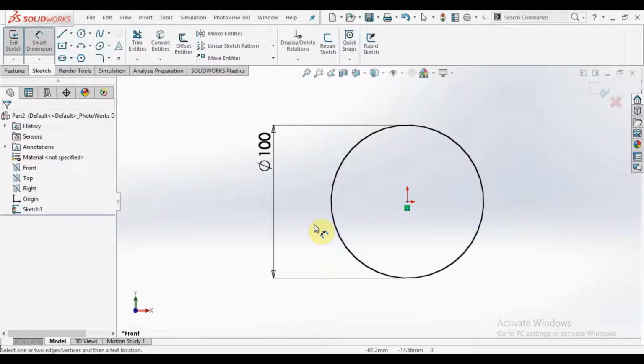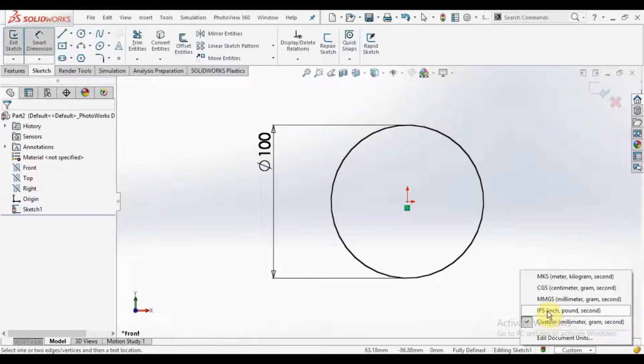Here you can see our unit is custom, and if you want to make changes, then you can simply click on it and select one of them: MKS, CGS system, MMGS or IPS, or maybe you can customize this dimension.